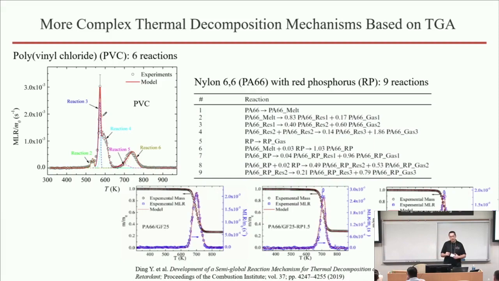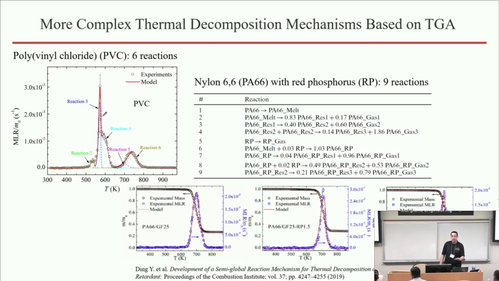So we demonstrated that by looking at the thermal decomposition of nylon 6,6 in a pure form and red phosphorus in a TGA, which actually sublimes in this particular case, and then combining these two kinetics and looking at the kinetics of the blends, and comparing what we predict based on the assumption that those are non-reactive mixtures with what the experimental results actually show, we can identify chemical interaction between the species and incorporate this in the mechanism.